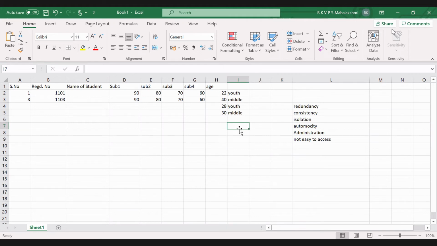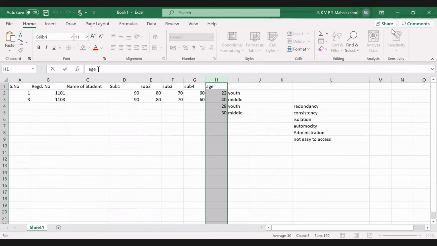Okay, how can we apply it? First you have to select the whole column H. Okay, selected. Now you have to go to FX. Okay, FX. Yes, and now you have to make a formula.